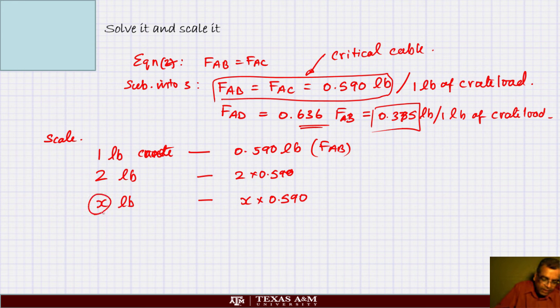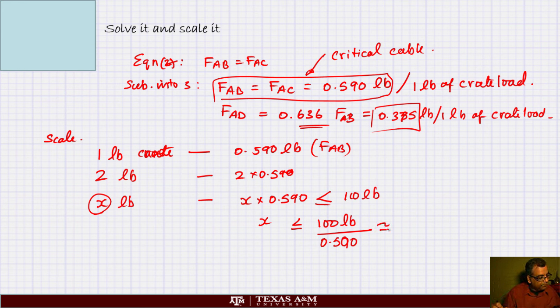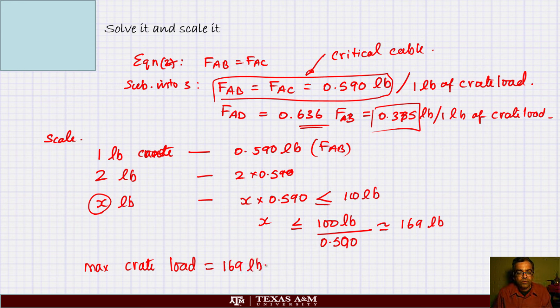So how much can X be? X times 0.590 must be less than or equal to 100 pounds. So X must be less than or equal to 100 pounds divided by 0.590, which is approximately 169 pounds. So max crate load equals 169 pounds. Thank you very much. I hope you followed it. So the basic idea is,